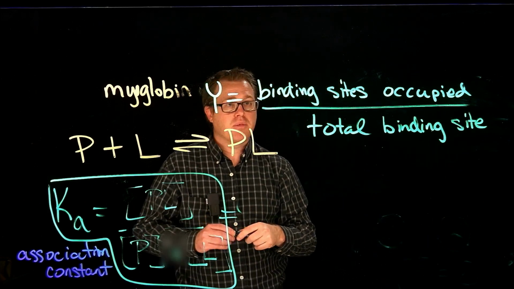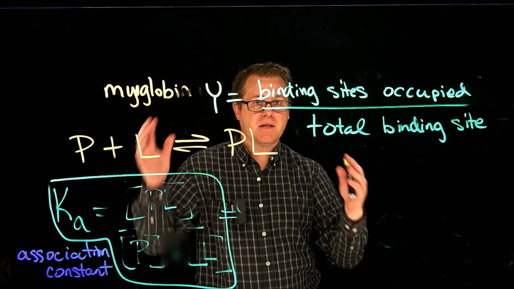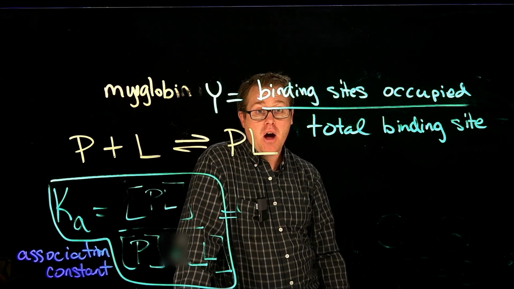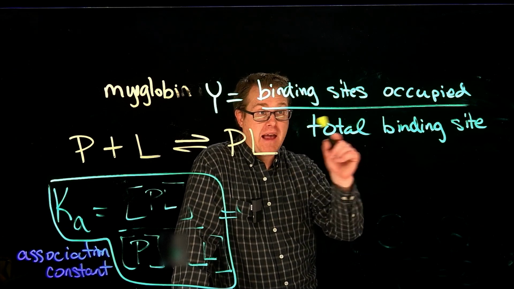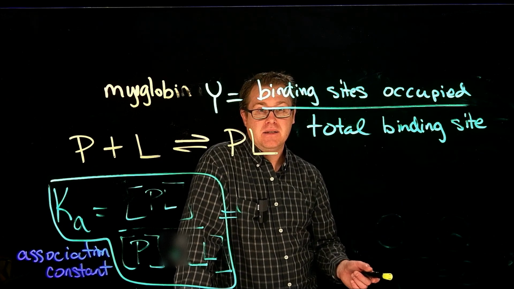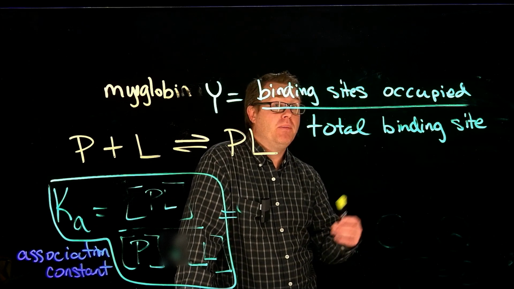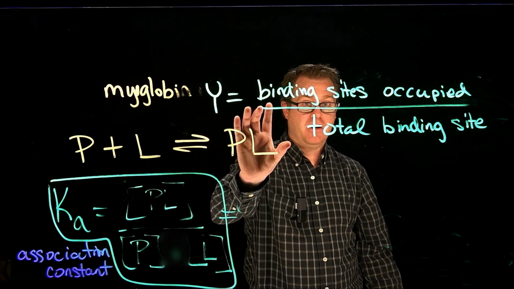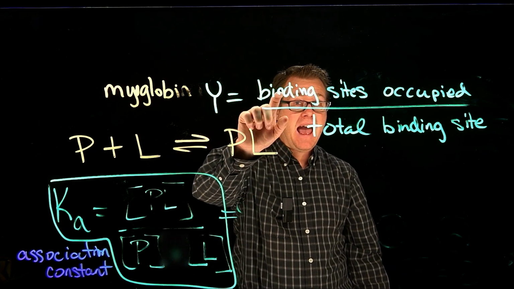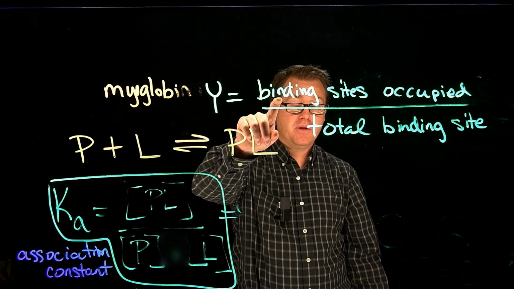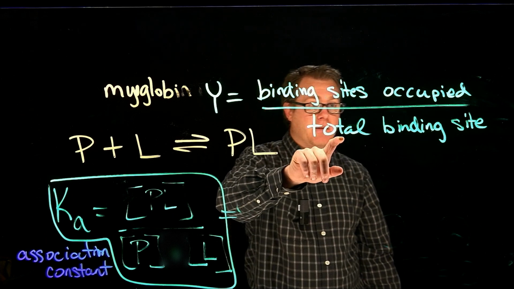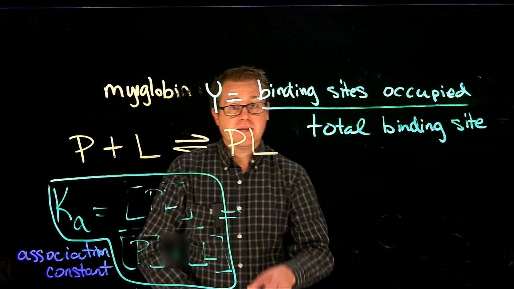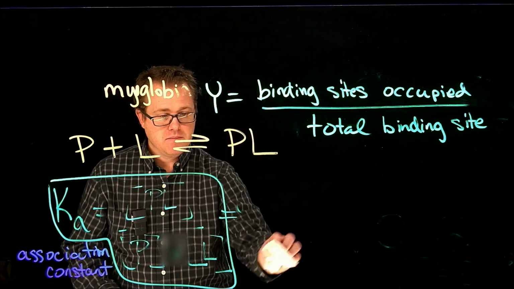So when you have your protein in a cell and you have all these ligands floating around, just because you have enough ligand to go into every single binding site, it doesn't necessarily mean that will be the case. So what we want to do is look at this ratio of how many sites have the ligand bound to the site divided by how many total sites there are. Okay? And so this y equation now, okay,